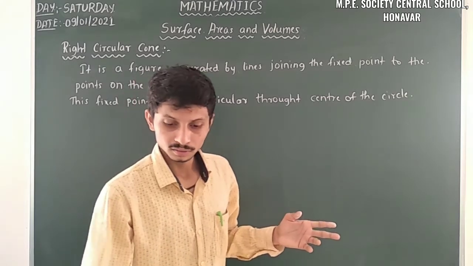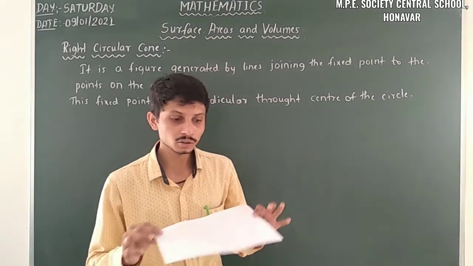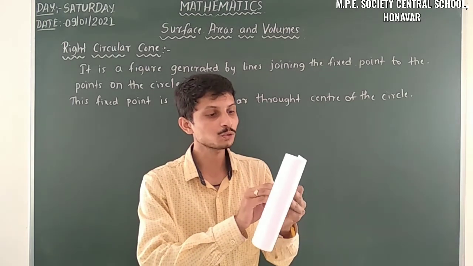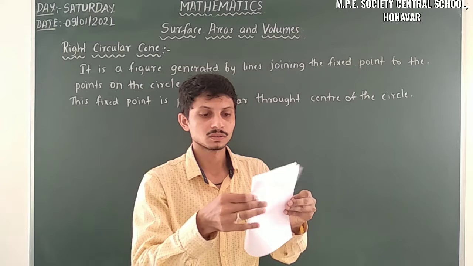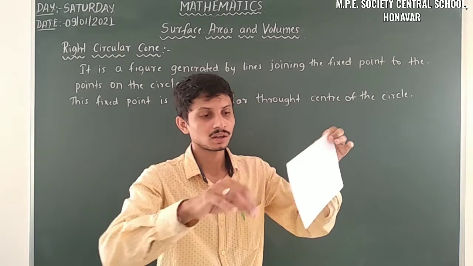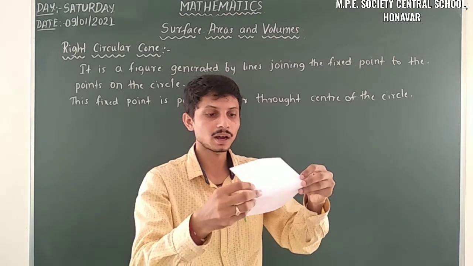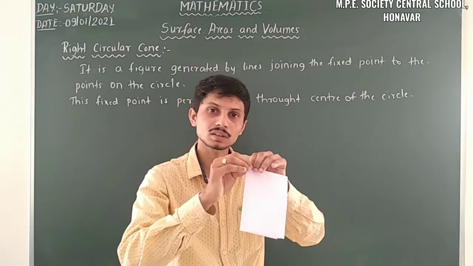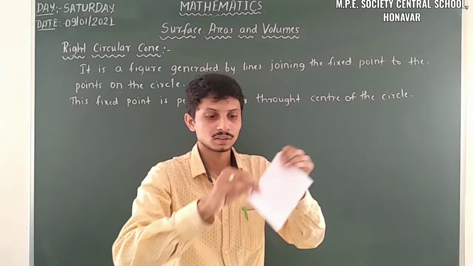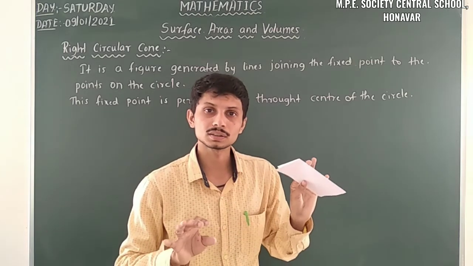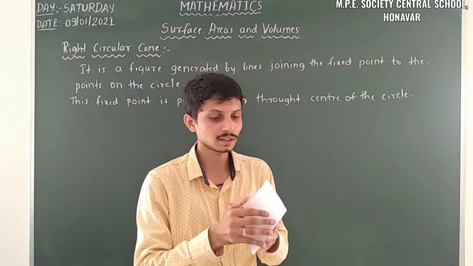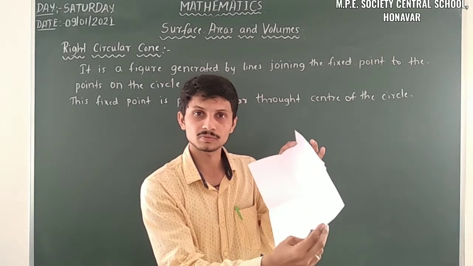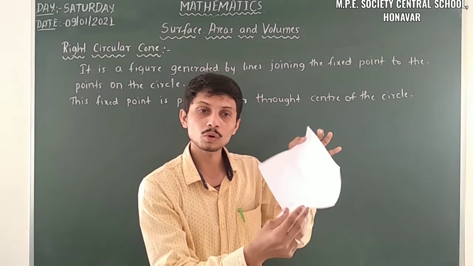So let us know how to construct this cone. Here just observe, we have a blank, plain paper. We have to fold here like this, and another time we have to fold like this. Yes. So it's a procedure to make a circle. Firstly, we have to make a circle, and here just observe, it's 4 parts. The complete plain paper is divided into 4 parts.